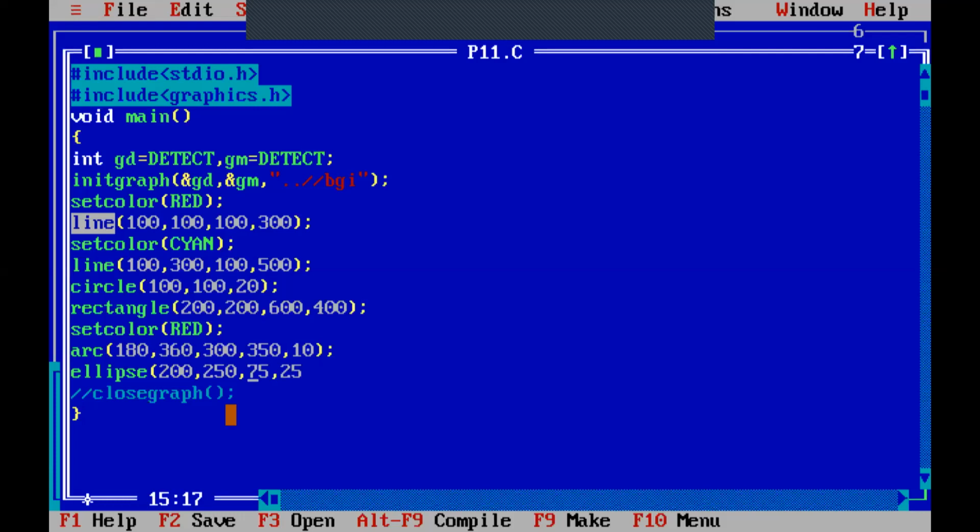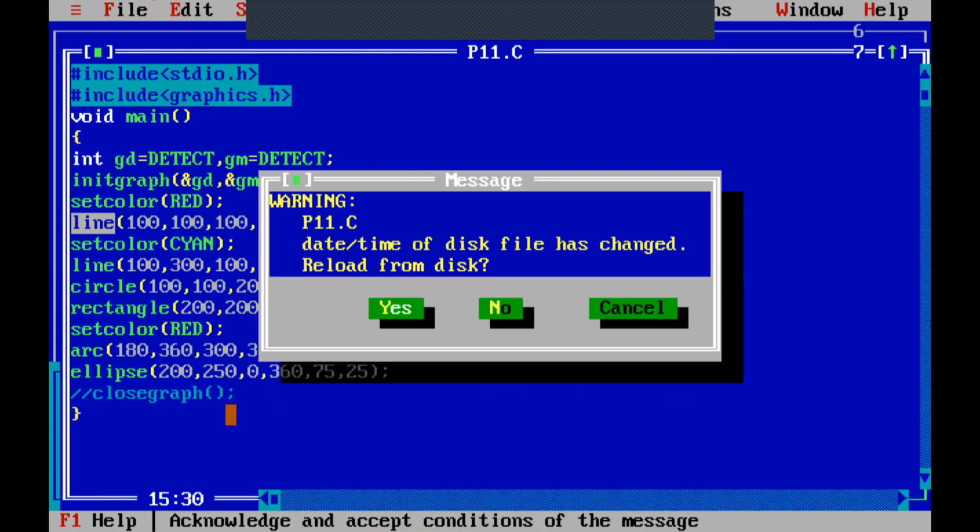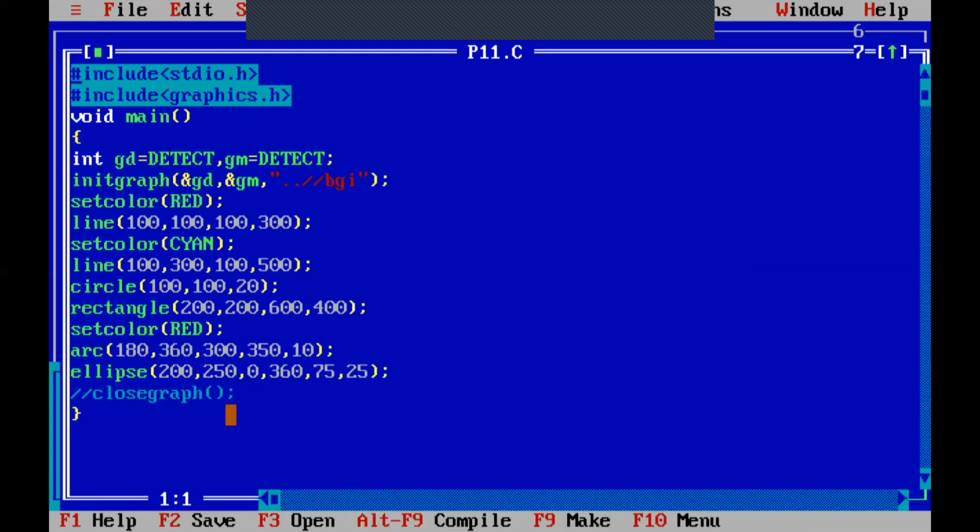So here I will have starting angle 0 degree and ending angle 360. Let us see what will happen. Okay. And 75 and 25, these are the x and y radius respectively. Okay.